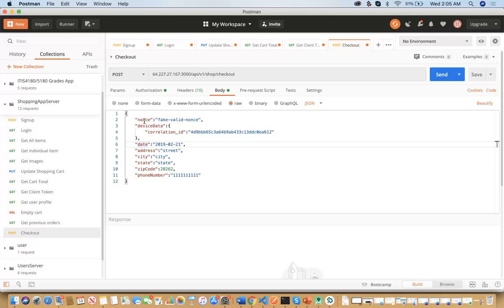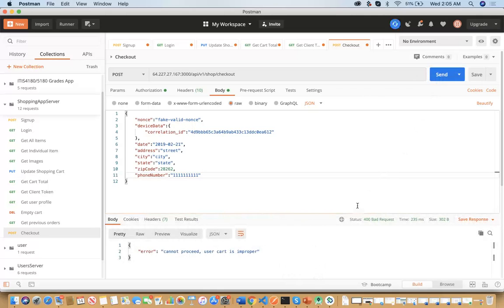In order to make the payment to Braintree finally, we need the nonce and the device data. Along with that, we also need the total amount that needs to be paid to Braintree. But we will calculate that amount based on the number of items that are present in the cart of the user whose JWT token is used. So upon hitting this URL, we will see that